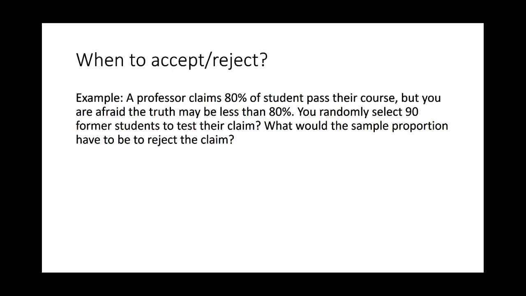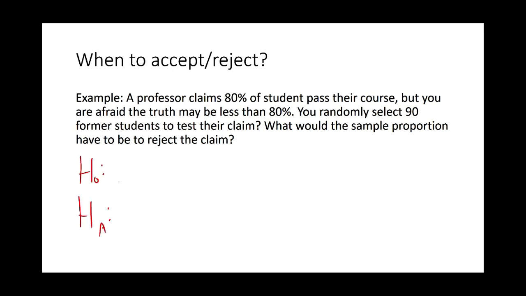All right. So here's another example. I don't think we talked about this one. Let's say that a professor claims 80% of students pass their course, but you think the truth might actually be less than 80%. So you're going to select 90 former students to test their claim. So if we were to formalize this